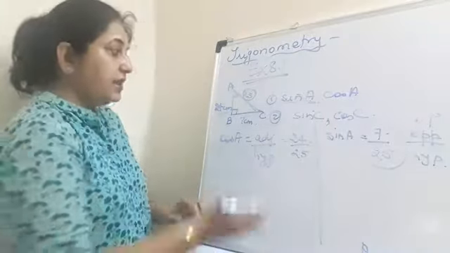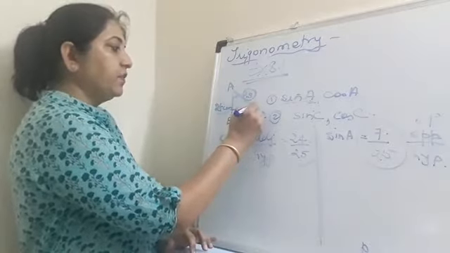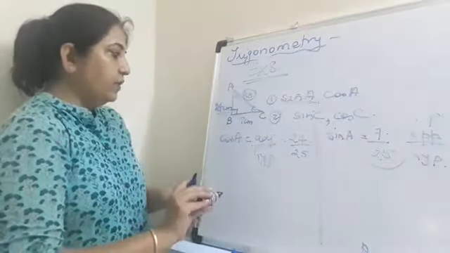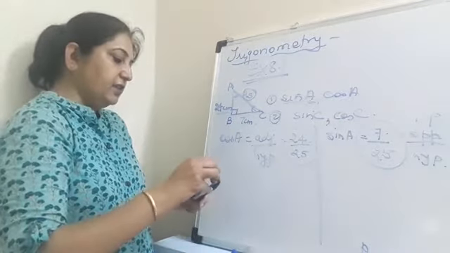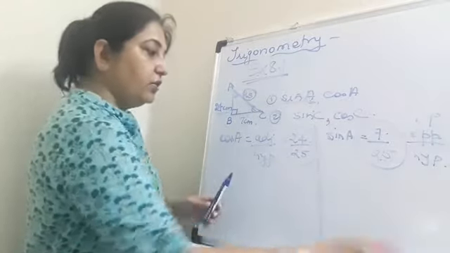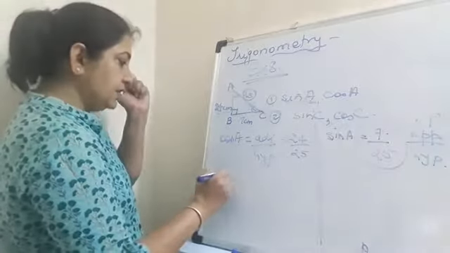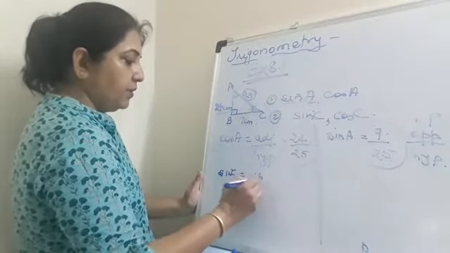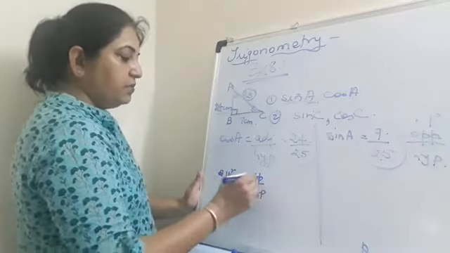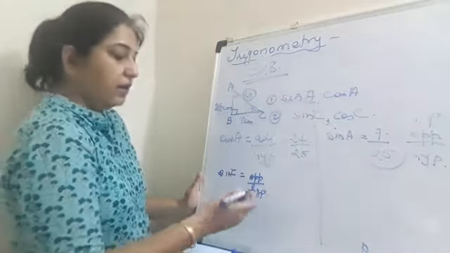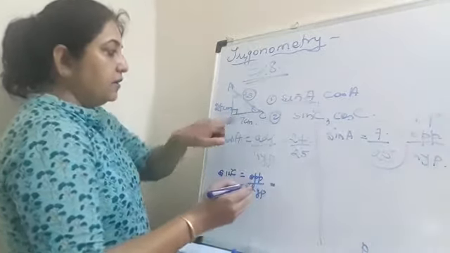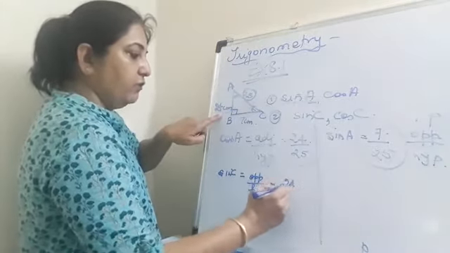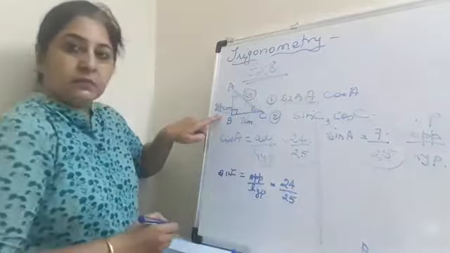Now for sin C, for this angle, which one will be the opposite side? The opposite side will be 24 and the adjacent side will be 7. So we will write sin C equals, again, opposite upon hypotenuse. As many times as you write this ratio, you will be able to learn it. So for sin C, this is opposite, so it becomes 24 upon 25, right?